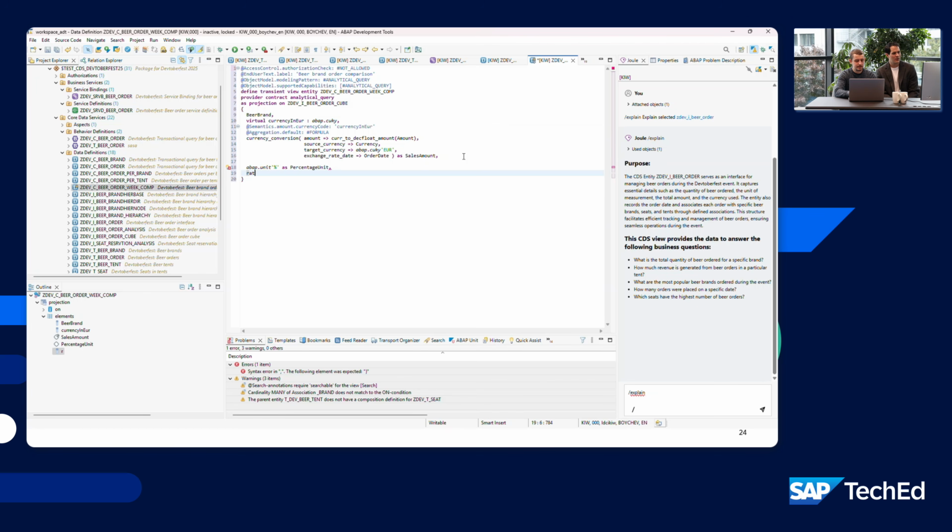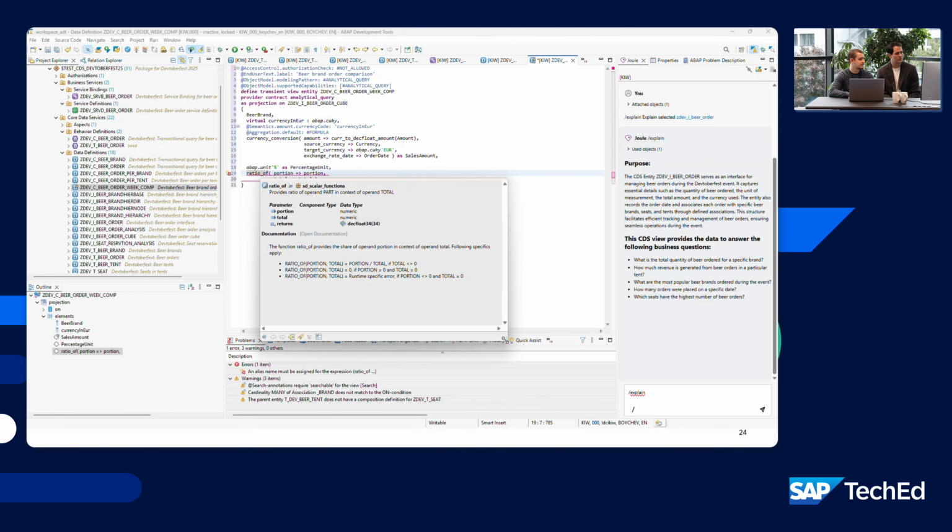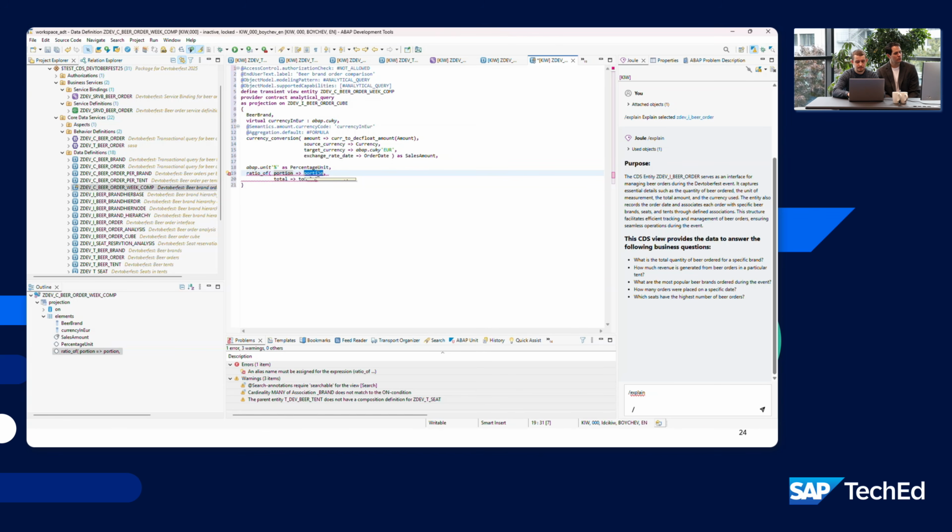For example, we can use ratio of. That's a scalar function, and there we need to give it the portion and the total, right? I mean, we can also see it here in its description. We can see that the scalar function ratio of provides a ratio of the operand portion in context of the total, and we see the handling here in the documentation. Oh, good. And the return is a text float 34, so looks fine. And as a portion, I would say we give it $projection, sales amount,